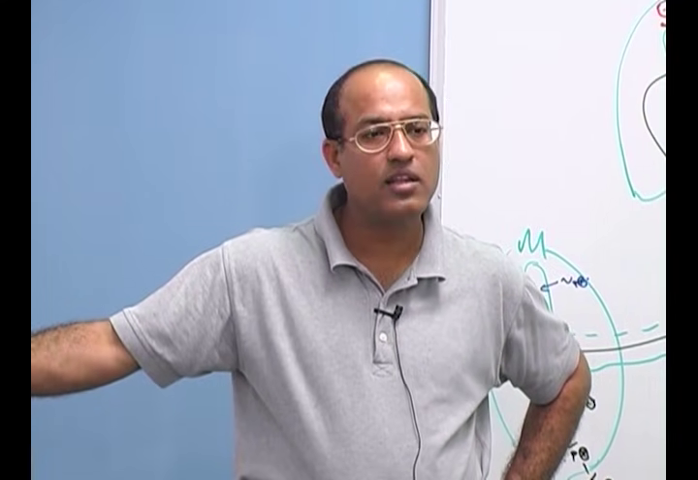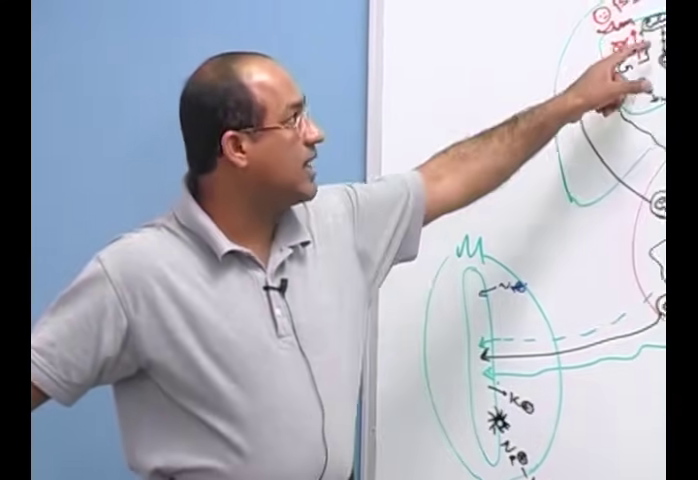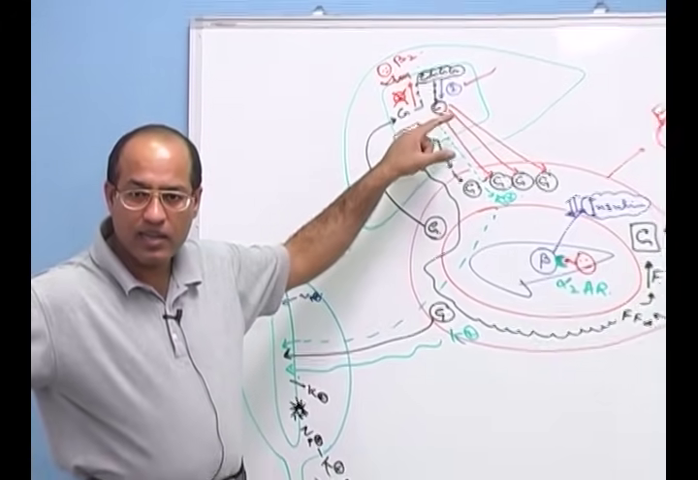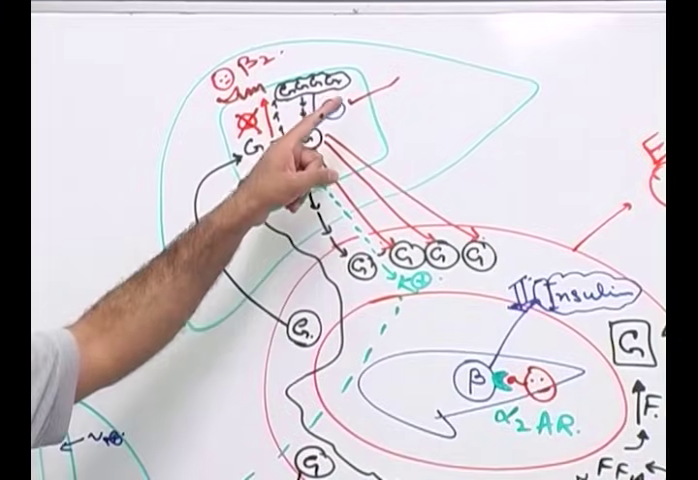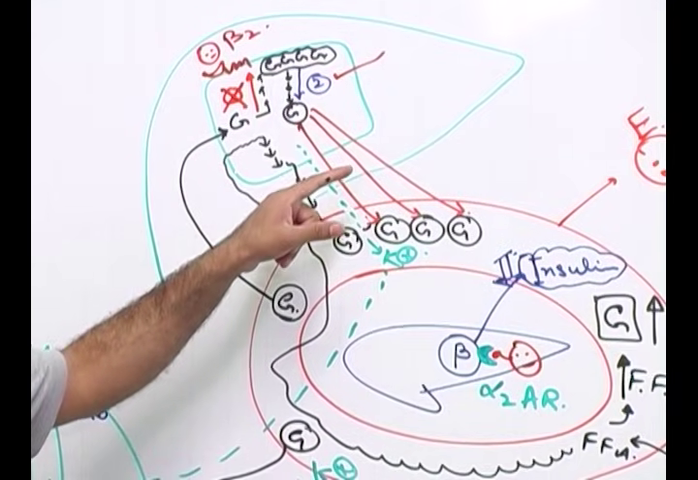So number one, epinephrine will act on the liver and break down the glycogen, and there will be a lot of glucose appearing in circulation due to glycogenolysis, number one. Number two,